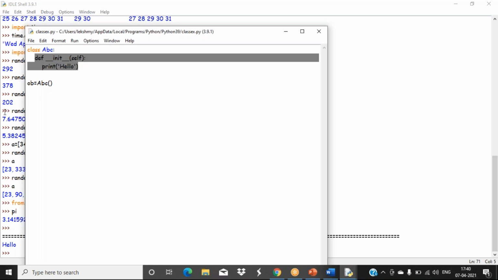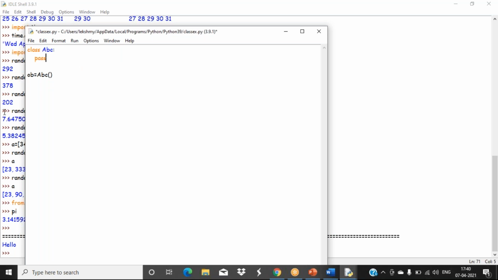This I'm just creating like an empty class. So I used a keyword like this, pass. So no need to bother about all those things. Just I'm showing you this is an empty class. Now creating an object, this object is equal to ABC. Now for that object the setattr function is there.